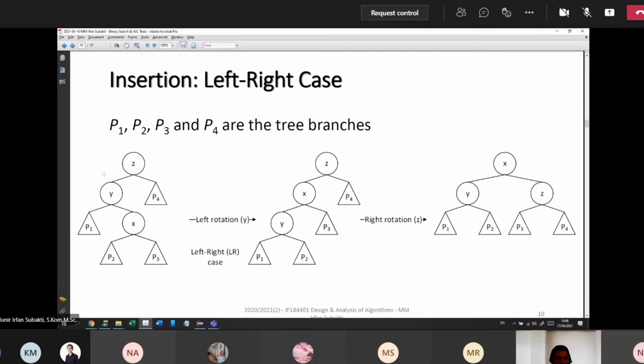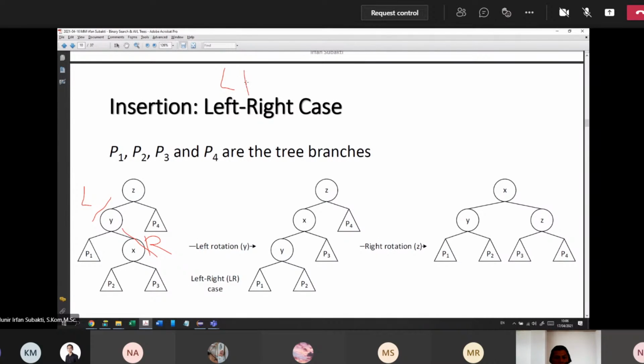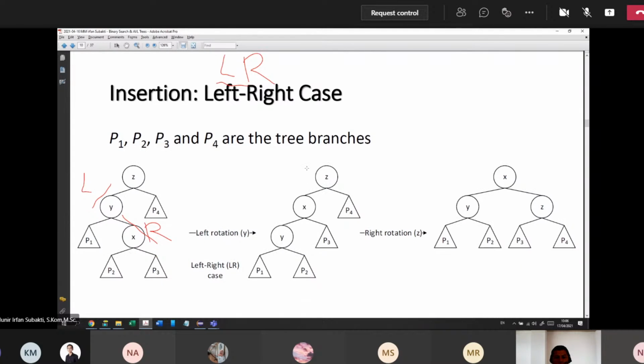So you have left first, and then you have right. If you have the LR case, it is also easy. You need straightening because you have LR. See that L. So you need straightening to the left first. See, this is L and L. Something like this. You have to do this left rotation first. Okay, so it means